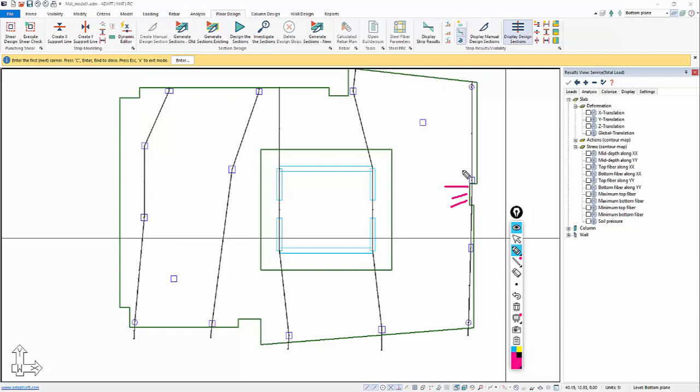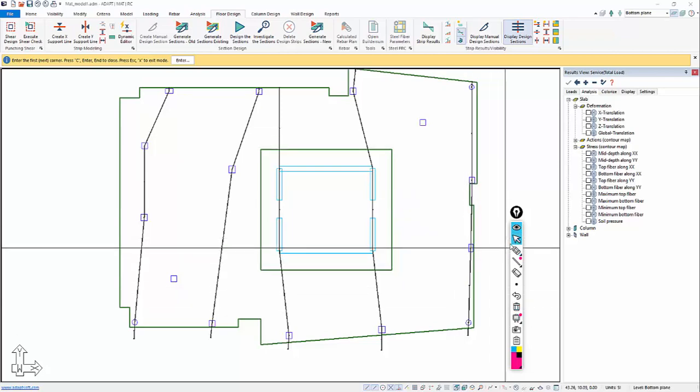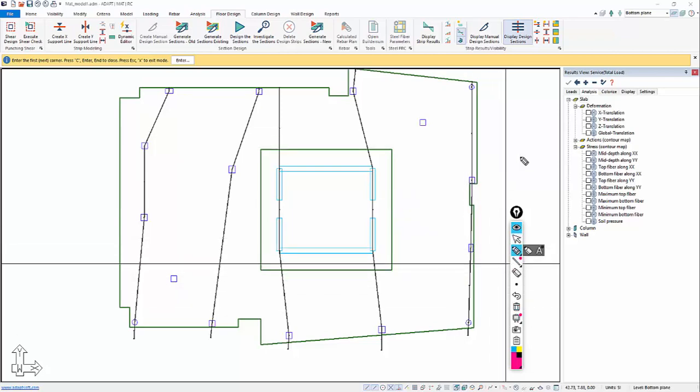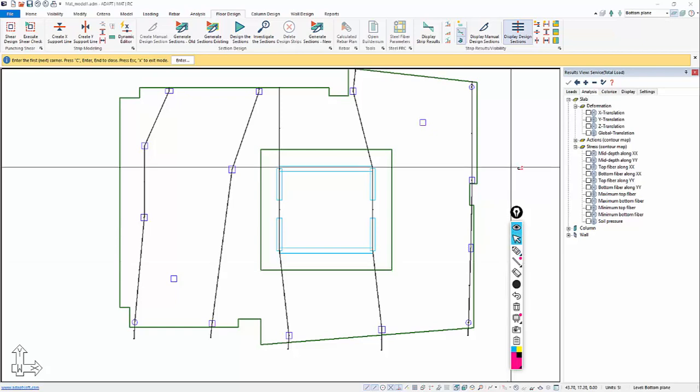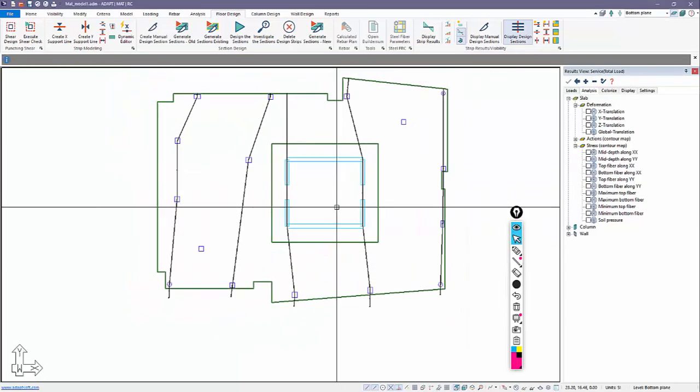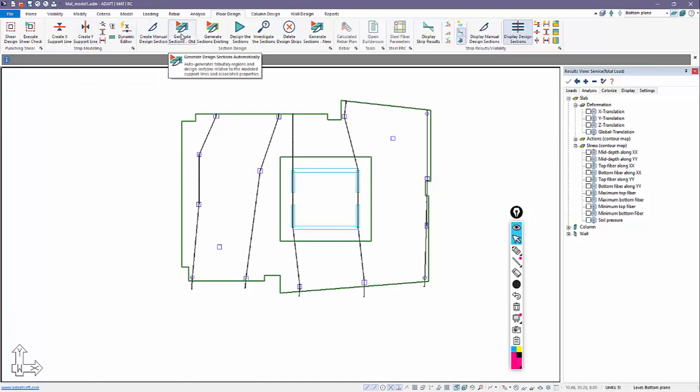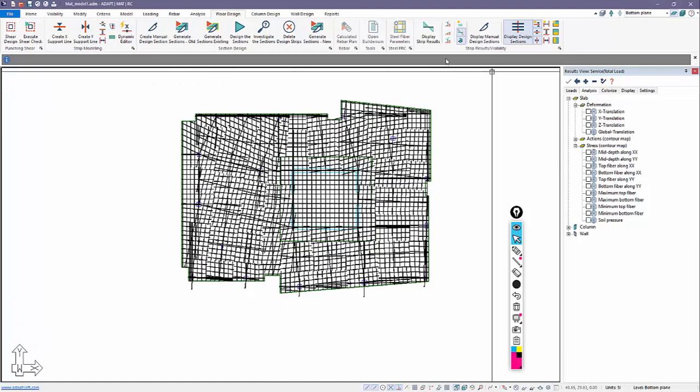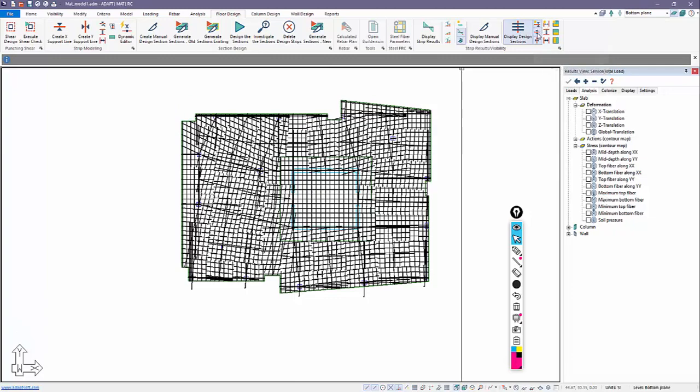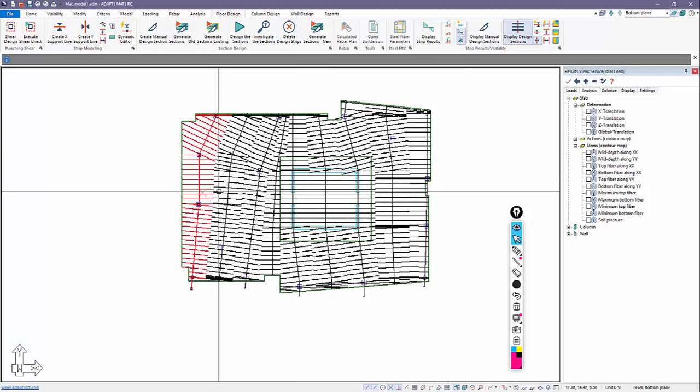And so by doing this, I could have terminated this here and here, and then the middle strip, I guess, would have reached all the way over when we produce the cuts. I want this to be broken in half, where part of them go to this side, part of them go to this side. So I'm bringing that straight through to make that happen. Okay, we'll exit out of that. Now we're going to generate both directions. So we have the X direction. I can isolate directions. I'll turn off X, and I'm now left with my Y direction.